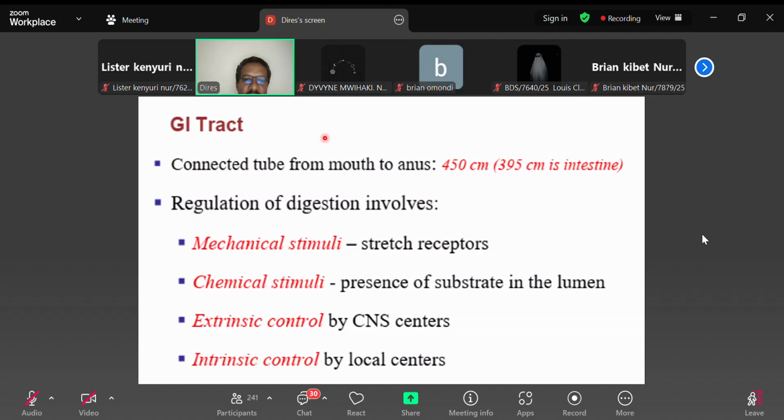So in general we call these the nervous system. We divide it into two, peripheral and central. The central nervous system, CNS, again has two parts, brain and spinal cord. But these centers are not in the spinal cord, they are in the brain. Which part of the brain? The brain stem.